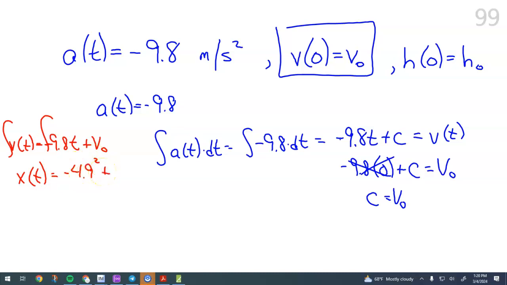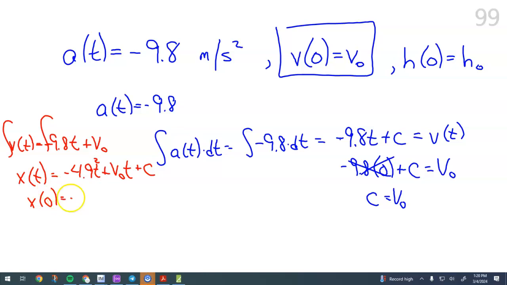The integral of v naught, that's just a constant, would be v naught times t, and then plus c. So that's why it's 4.9 in the equation, because I always thought it was weird. Gravity is 9.8, why do we end up with half of that in the formula? And that's why, because you're integrating, so you add 1 to the power and divide by 2. And then if I plug in